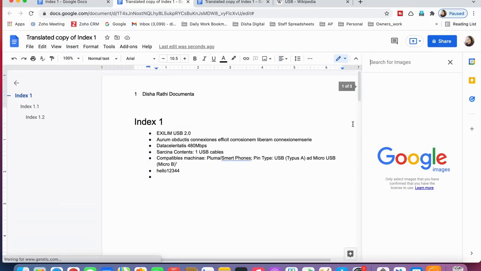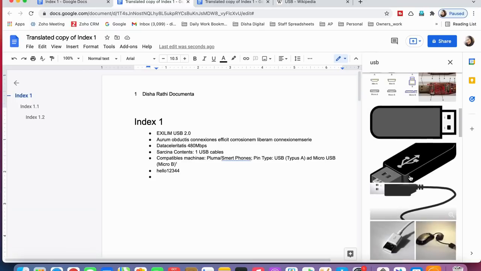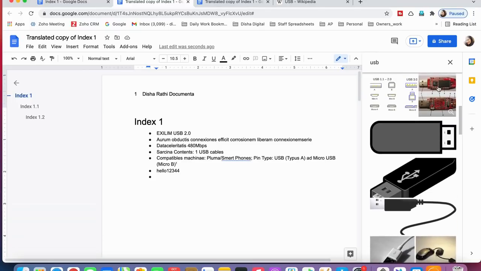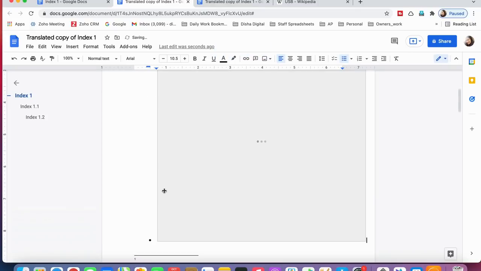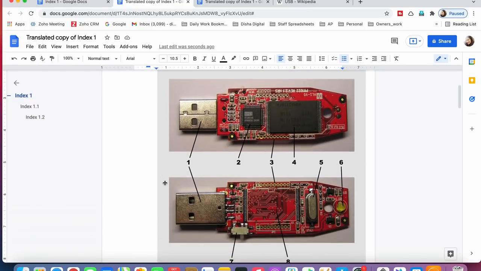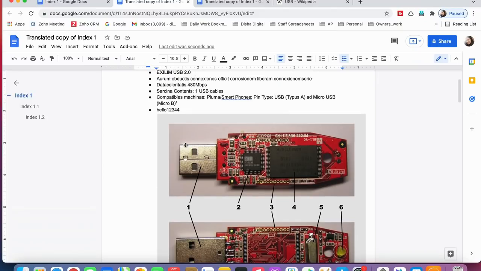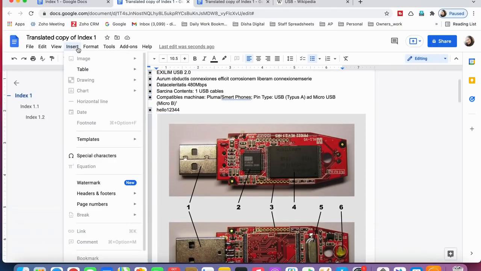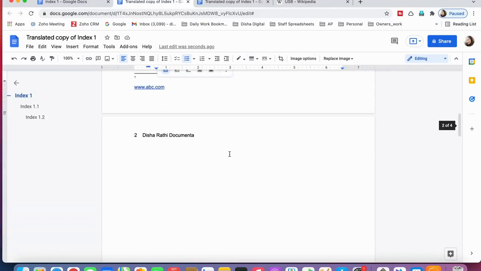So I'll search the web in the images. So see, the Google Images search option is clearly here. And suppose you want to type USB, so see, you can see all the images related to USB. Suppose you want to select this image and you just click on the Insert tab, so see, automatically it is inserted. You don't have to search images in the next window and then download that image, copy, paste and all that stuff. Simply search any image from the internet. So it's a very good option that Google Docs is offering.